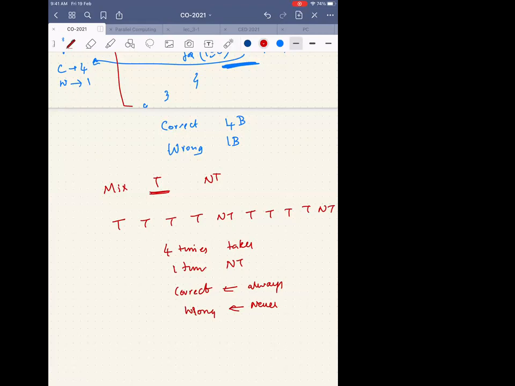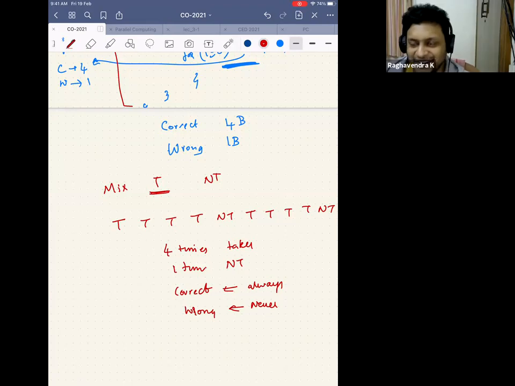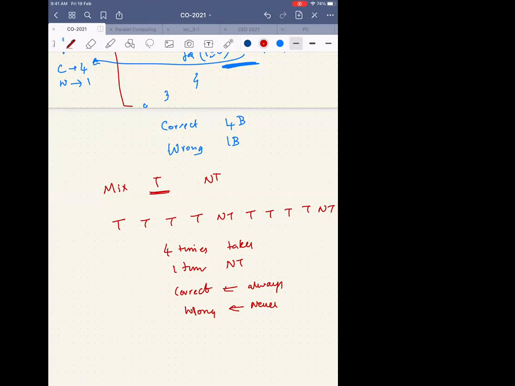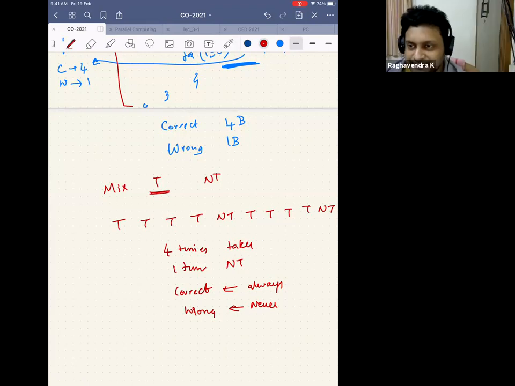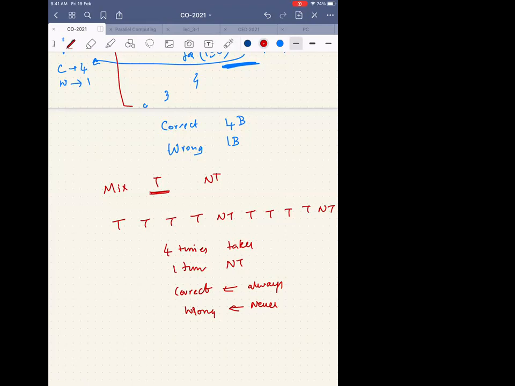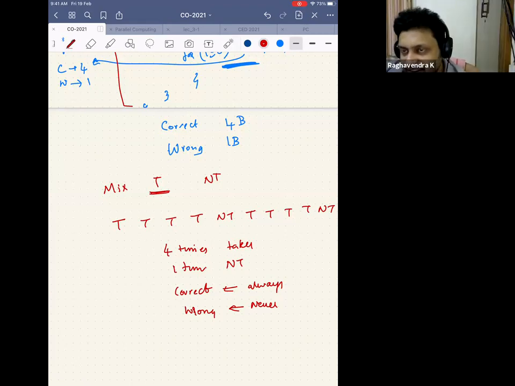With machine learning, sorry? With machine learning, like... No, this is not the real machine learning thing. Okay, but let's say, is it possible? Sir, maybe we can run it a few times and then see whether the prediction is coming correct or not, and then based upon that we can switch. Yeah, so this is kind of machine learning only, right? So what you are saying is I look at the history, right?